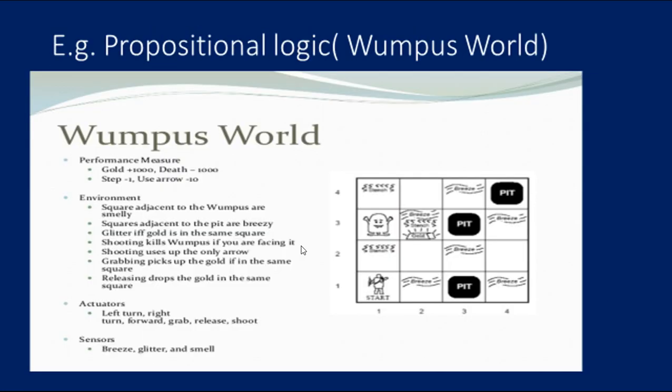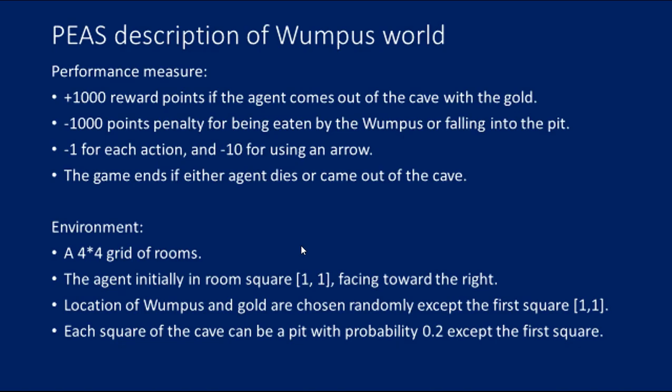So this is the cave. Inside the cave there are, I hope you remember, stench, breeze, pit, Wumpus and an agent. Keeping all these conditions in mind, using propositional logic, we want to take the gold rather than get caught by the Wumpus or fall into a pit. Having these conditions, the problem has to be solved. While solving, the PEAS description is very important. If the goal is attained, 1000 reward points, if not, penalty.